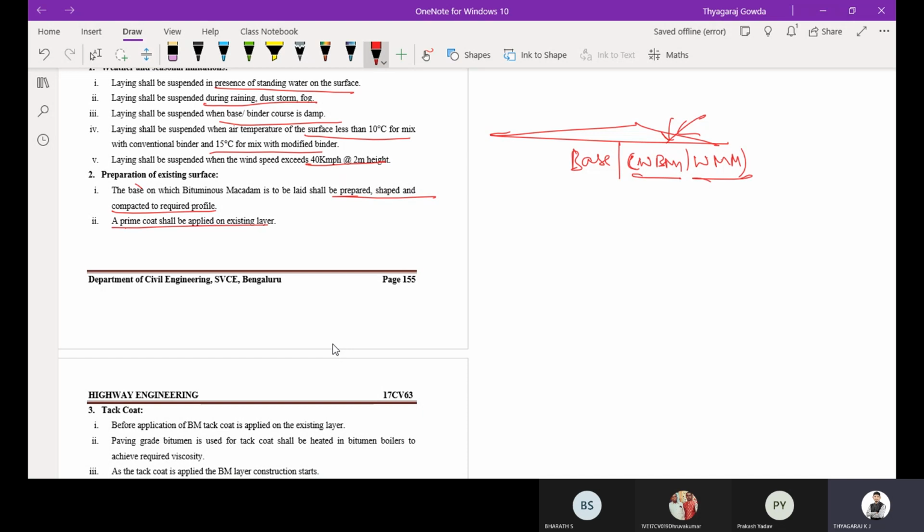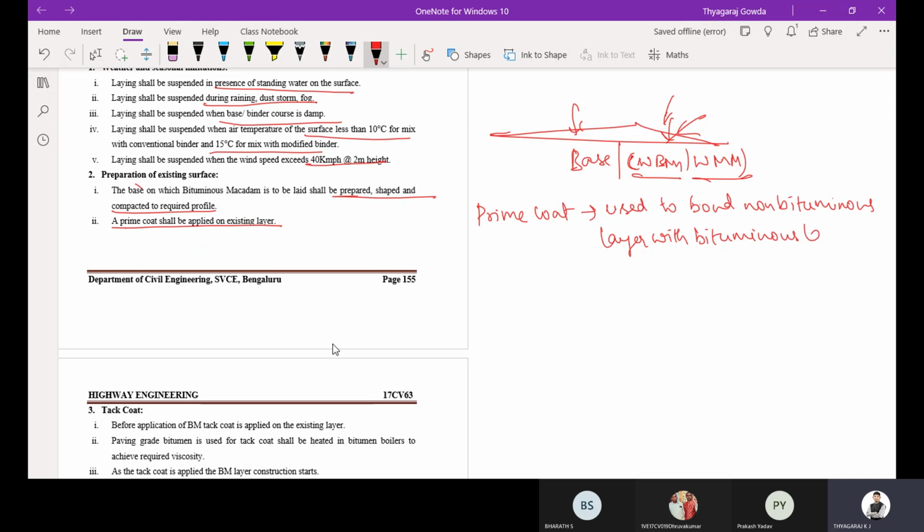Then a prime coat shall be applied. I am going to teach what prime coat and tack coat are in later classes. For the time being, simply remember that prime coat is used to bond a non-bituminous layer with a bituminous layer.